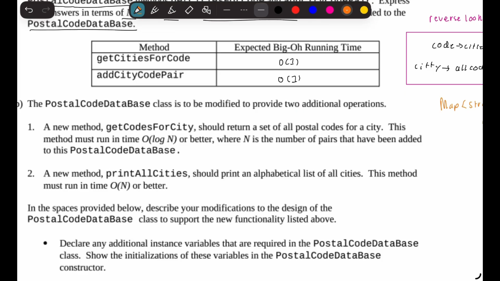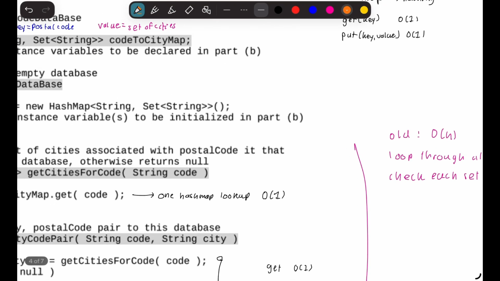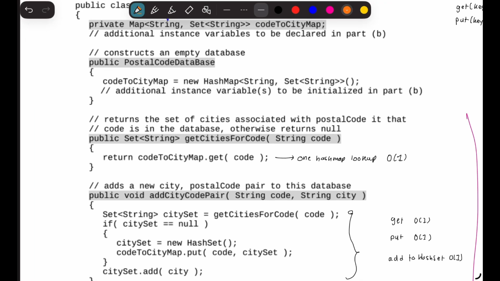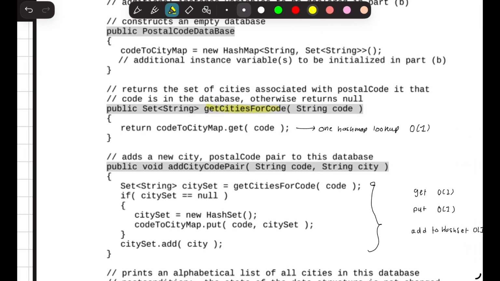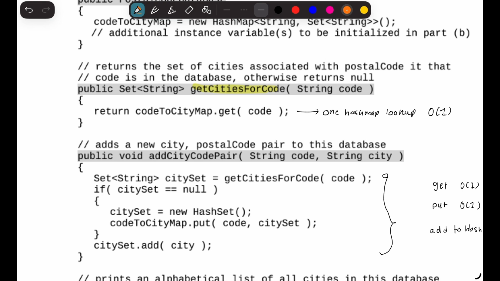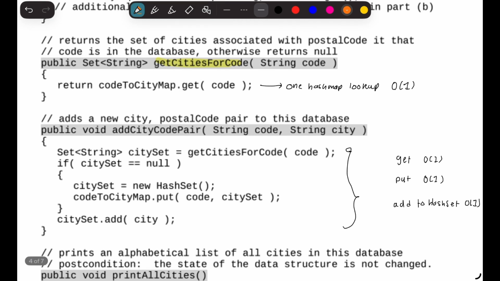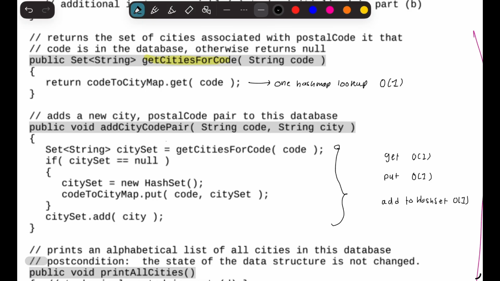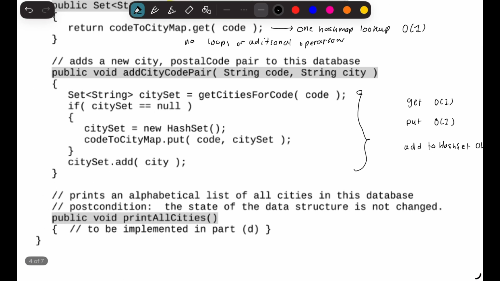Now going back to getCitiesForCode. When you have get, it calls get on the hash map, which retrieves the value associated with the given code. This operation uses hashing to directly access the correct bucket, so it's constant, O of 1, because you have no loops or additional operations. Now, for public void addCityCodePair, String code, String city,